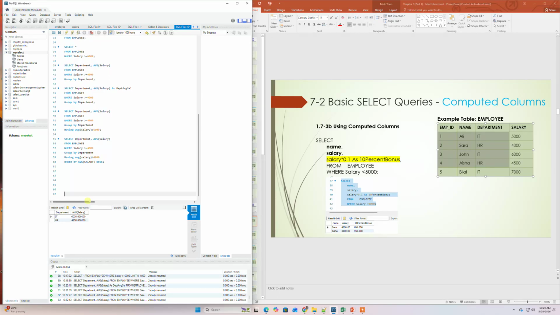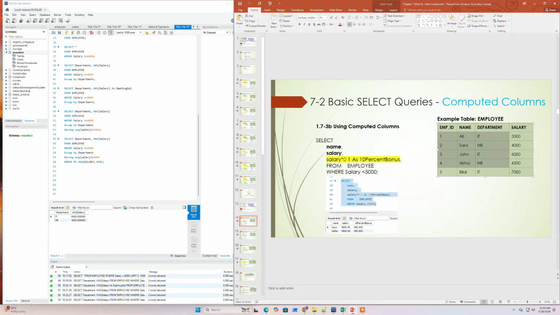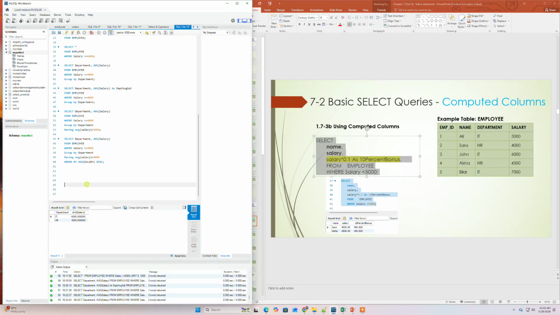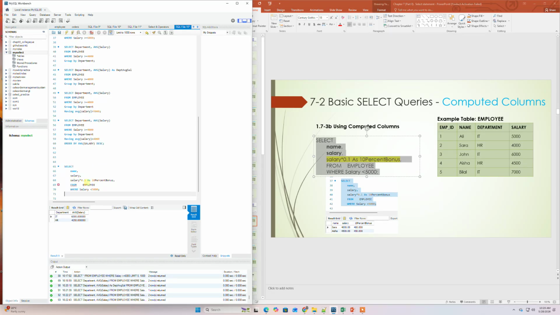Here I am going to demonstrate this arithmetic operator. So I'm going to copy this query and put it here, and this is employee_name. So I'm asking it to retrieve me employee name, salary, and salary multiplied by 10% as 10% bonus from